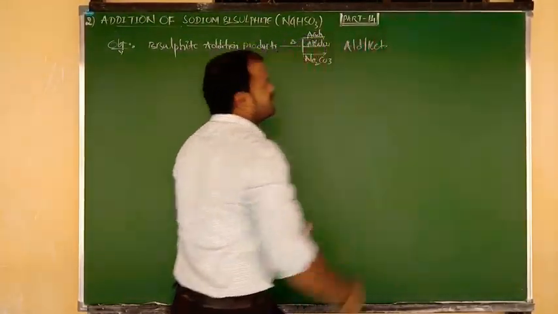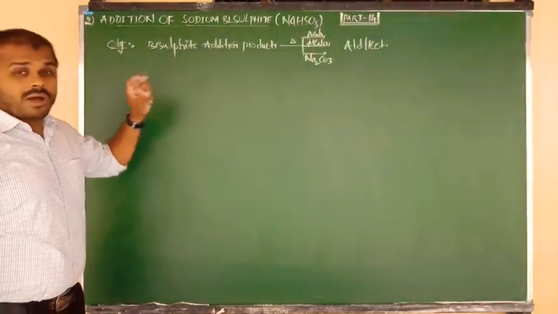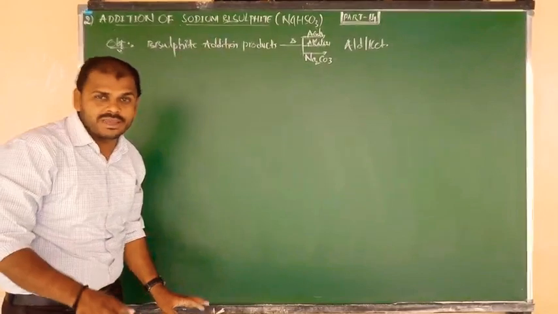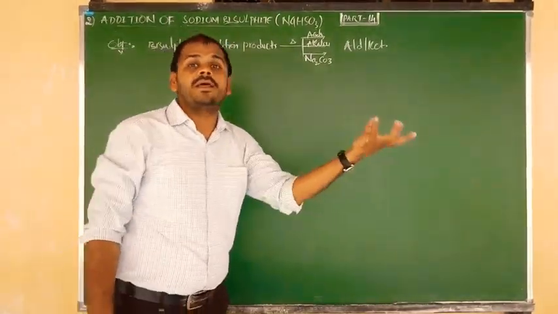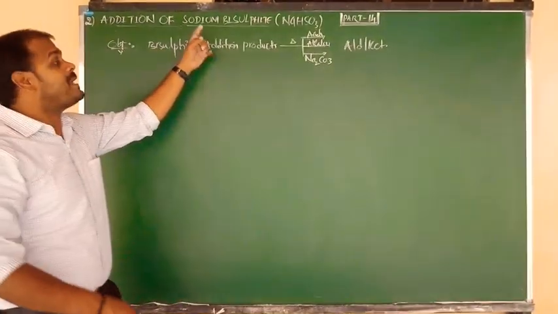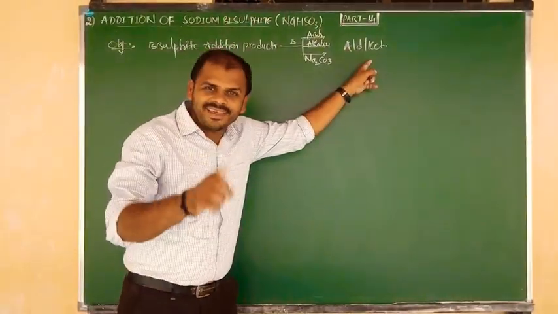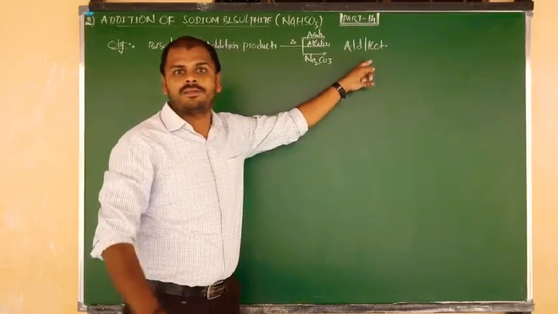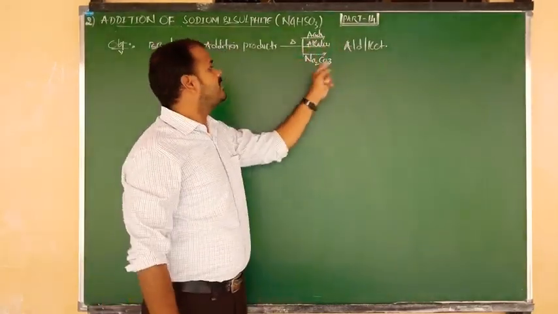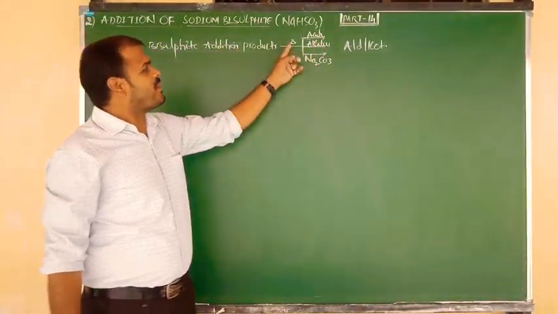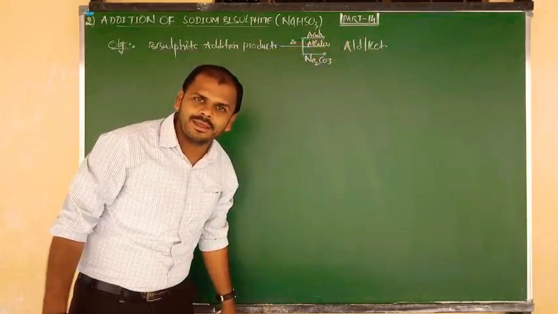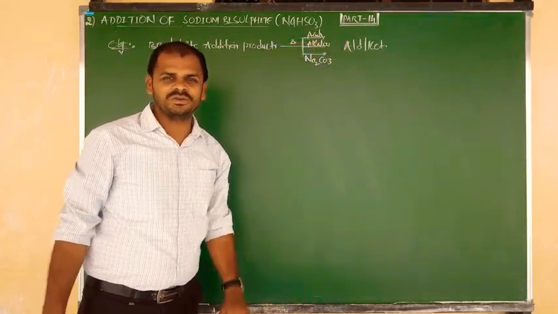So once again I am going to repeat the statement. Aldehydes and ketones upon addition of sodium bisulfide, just now we have seen, form the bisulfide addition products. Again such bisulfide addition products can be converted back into aldehydes and ketones upon heating with acids, bases and metal carbonates. So upon heating with any one, bisulfide products can be converted into aldehydes and ketones. Sir, how? I am going to show the reaction.